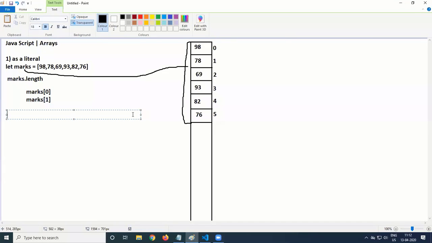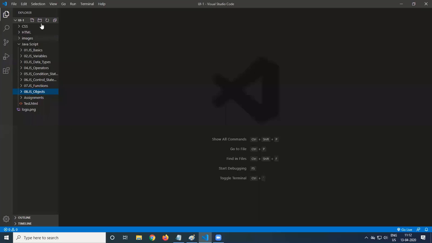Now we will write a program. The first way of creating an array is by using an array literal. Practically, we create a separate folder inside JavaScript, and that folder is 09 JS arrays.